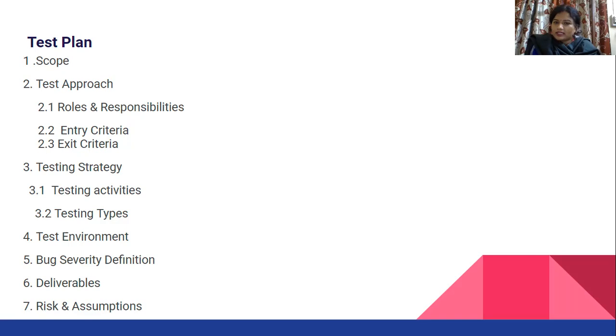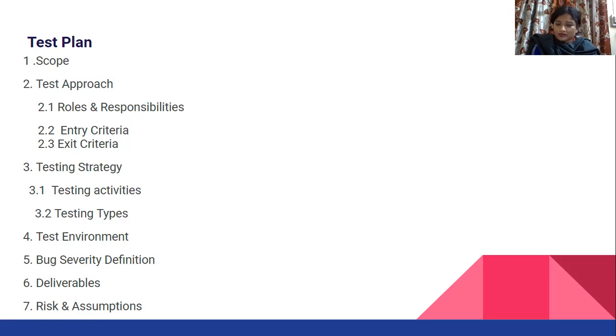Now in the test plan, we also need to include what deliverables we will be giving to the client, to assure him that we have tested the application in compliance with the user requirements. The deliverables include what all things we will be giving from the testing team, like the test case document, then the test plan, then the bug document, bug reporting documents, etc.